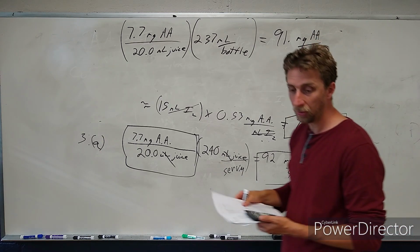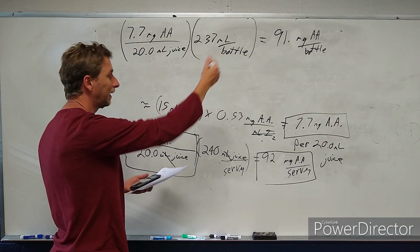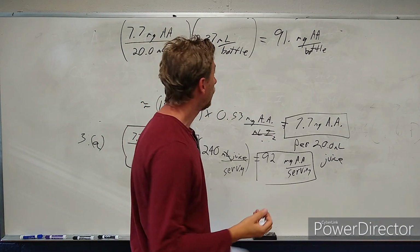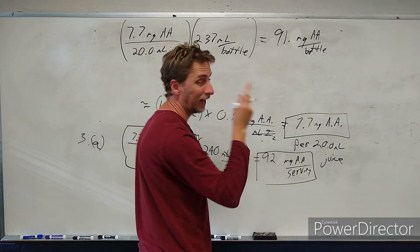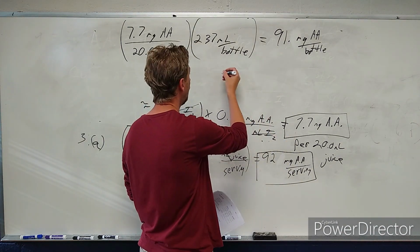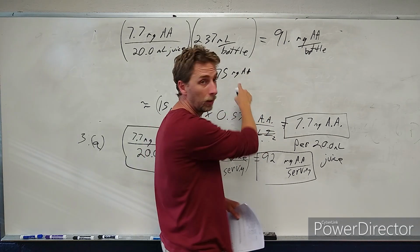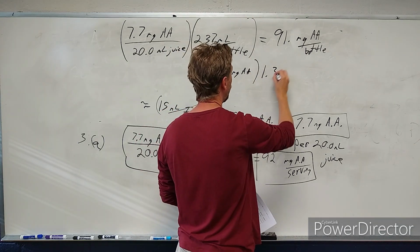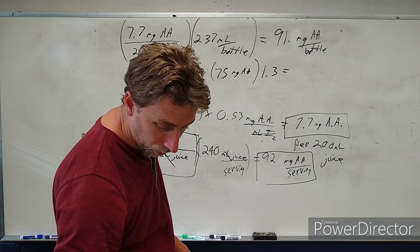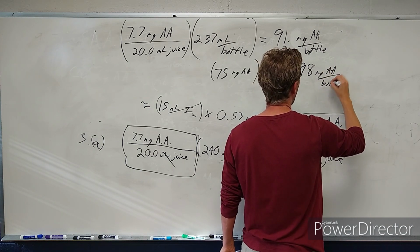Well, does that support the claim on the label? Not quite. Unless you're a female, it might. You could say, okay, what is 130% of 75 or 130% of 90? Well, all you got to do to figure that out is multiply those numbers times 1.3. Okay, there's a number of different ways of looking at percentages and ratios and proportions. I'll just take it like this and say, okay, 130% of 75 milligrams of ascorbic acid for a female is going to be times 1.3, and that would come out to be, well, punch it in, 1.3 times 75, 97.5, or 98 milligrams of ascorbic acid per bottle is what the label says